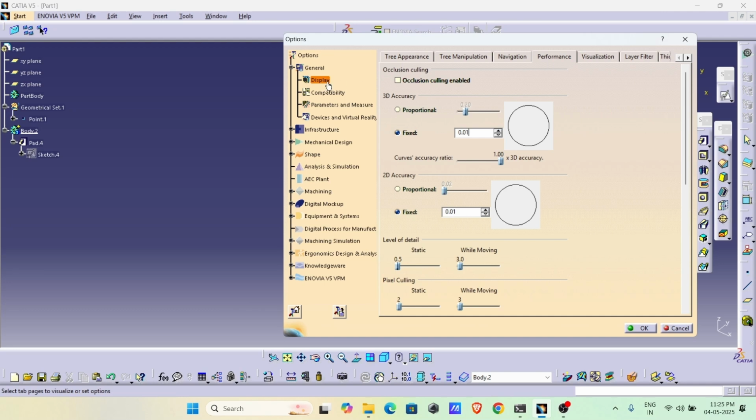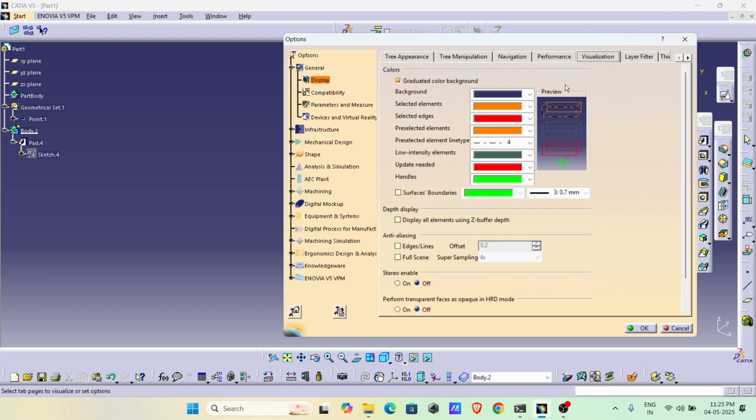Under the general display we will go to the visualization. Under the visualization we will turn off this graduated color background. This will be helpful if you are taking snapshots or you are making a PPT of the part, then this will be helpful to remove the background color. So for the next setting